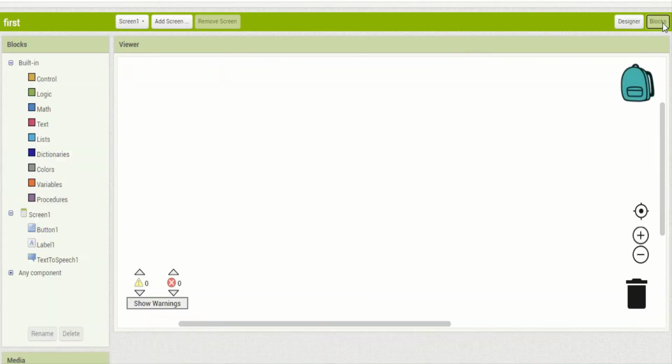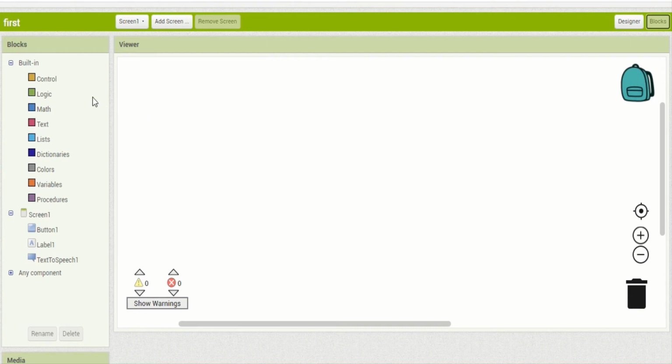So click on the blocks. This is the area where I will do the coding, where I will do the programming. It is very nice software where there is no need for text coding, but you have to design your logic. So it will upgrade your logical power.